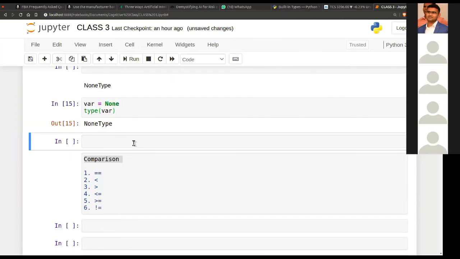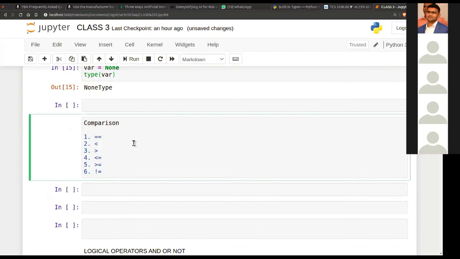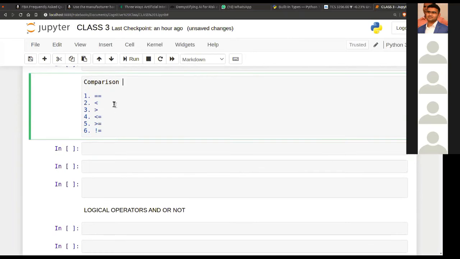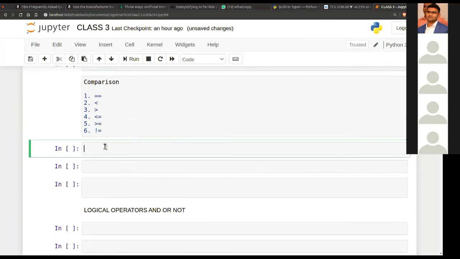So coming to the operators, we will be seeing the comparison operators. First is equal to equal to. While using the assign operator, we have a single equal to sign. If you want to assign 7 to var, it would be var equals 7. But if we need to compare a certain number to another, we need to use this double equal to.